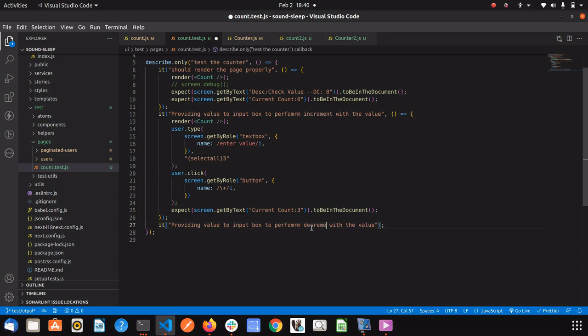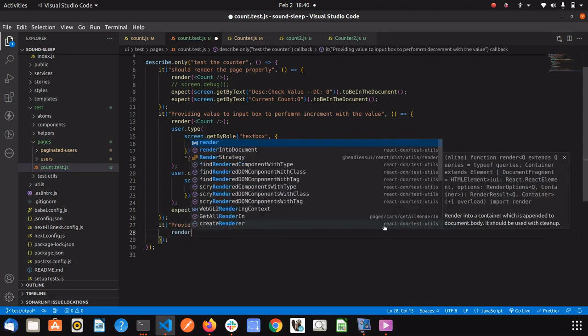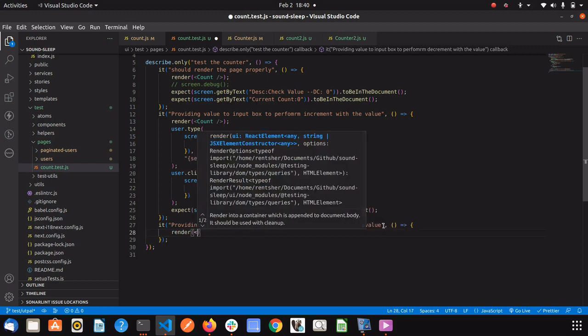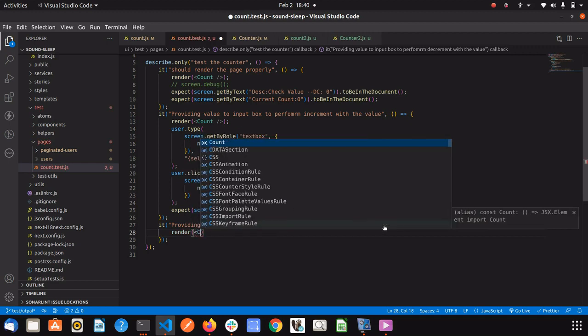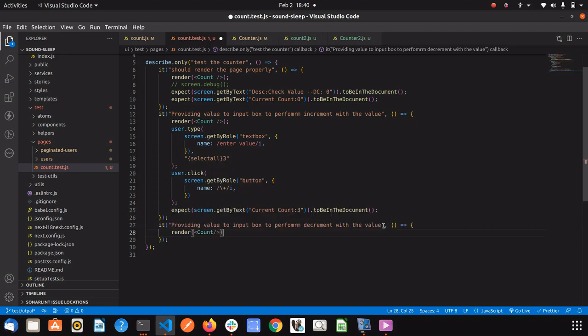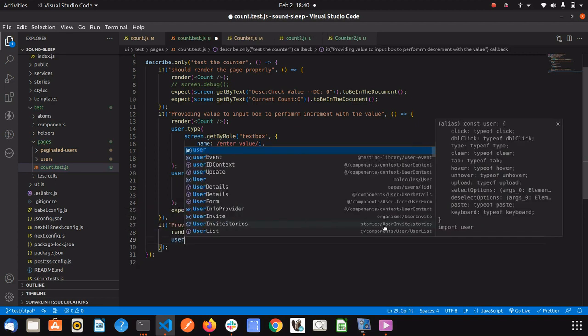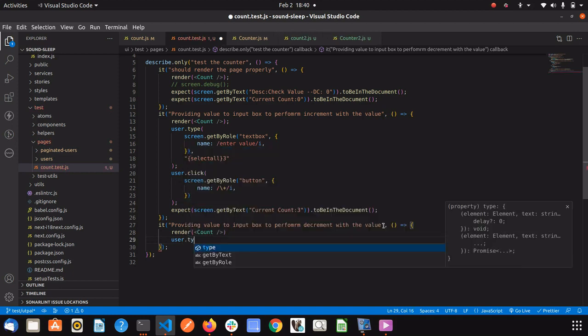We'll write decrement. We're gonna render first. And then we're gonna type something